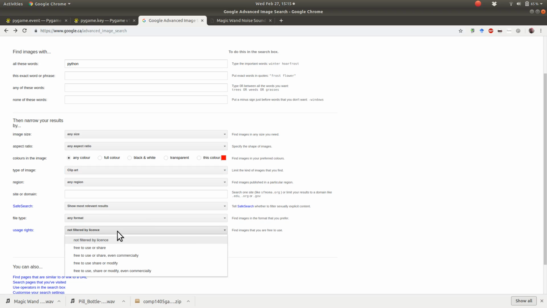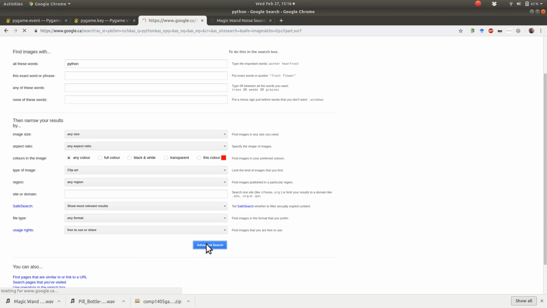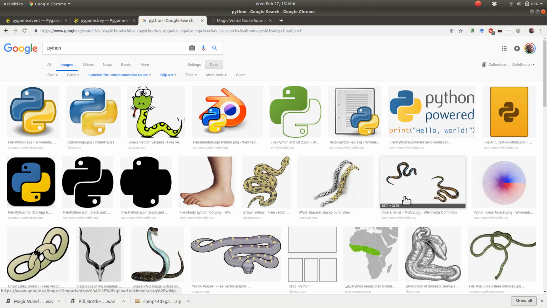It's probably not going to come up in this course that you make a game and someone sues you because you used some image of theirs that was copyrighted. Unless you happen to make a really good game and distribute it widely, then yeah, it could eventually come back to get you. But it's nice to pick images which someone has said they're free to use and share, if you ever plan on distributing this game. And the clip art is what gives you this nice